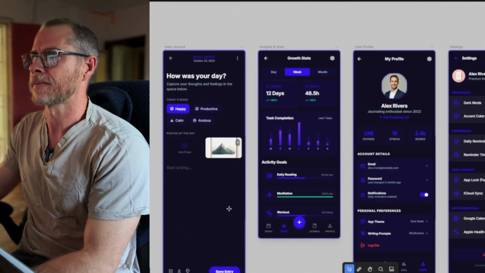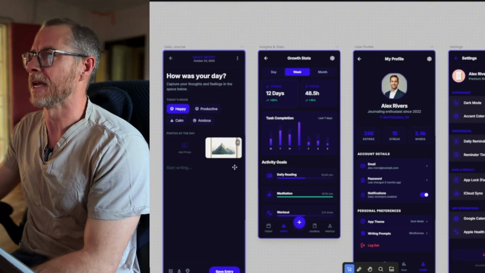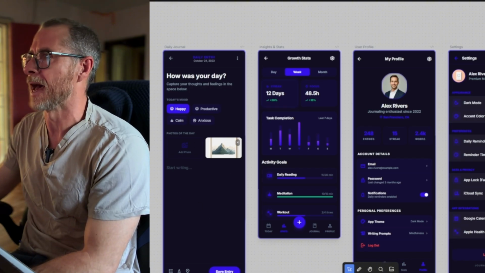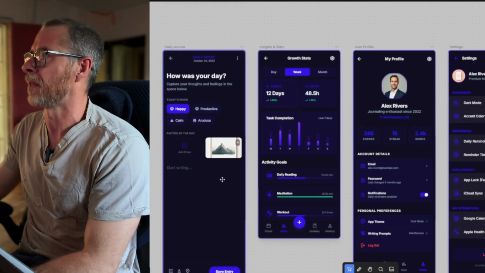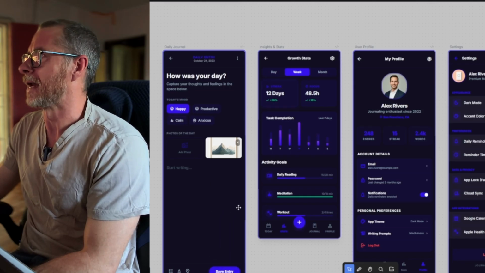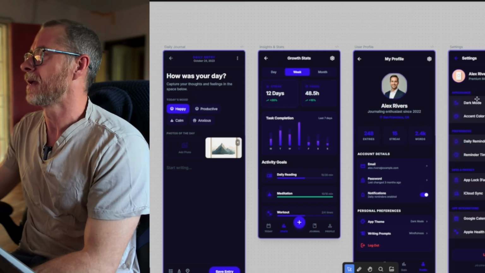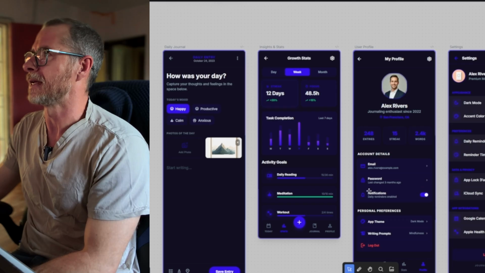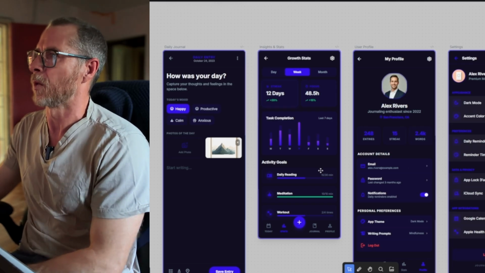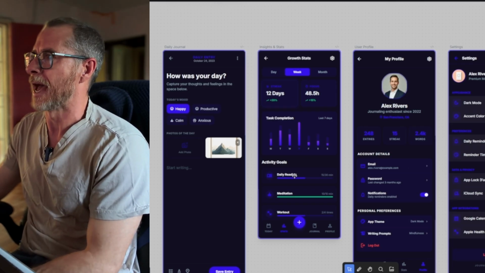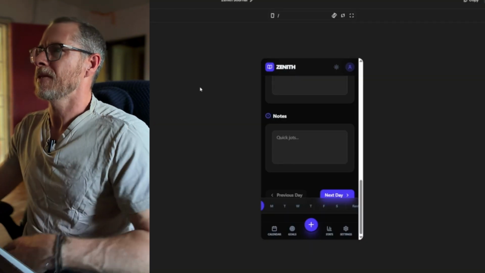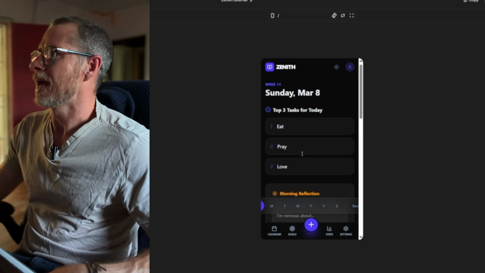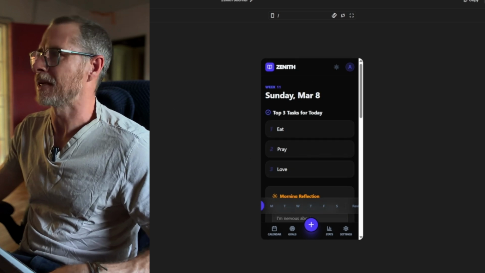Here we have the daily journal page. So I do want to put that in there because I like this: happy, productive, calm, and so on. So maybe we add it as a button. And then, there's a bunch of stuff missing on the settings. The profile page isn't working yet. The growth stats. So this is a good place to start. And basically,